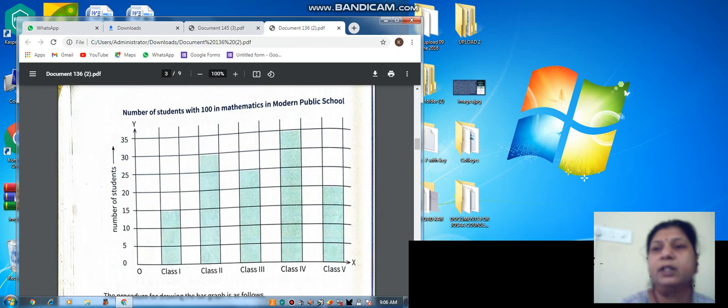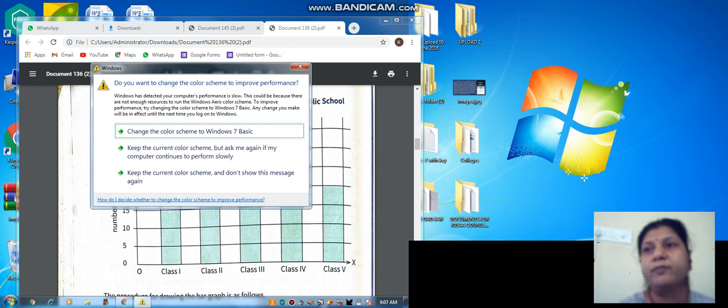Next thing, you have to choose the scale, and you have to write it on the upper side of the right corner. That is the scale. That means how we have taken these numbers here. You should mark this at the same interval. Suppose here the scale is 1 centimeter is equal to 5 students. Most of the time we take 1, 2, 3, then 1 centimeter is equal to 1 student. If we take 0, then 10, 20, so the scale will be 1 centimeter is equal to 10 students. Get it?